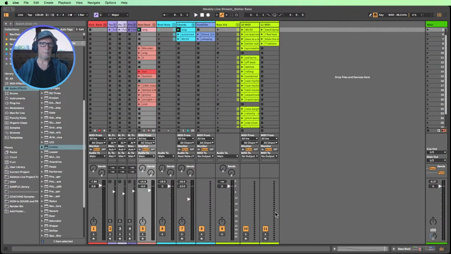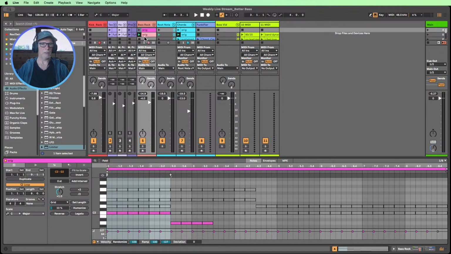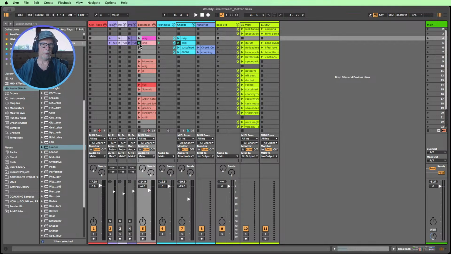I would probably keep both clips. That is the original root note bass with just the roots, and then my 80-20, and then I could actually jump between those during the track. So if we put these in again with a bit of other drums or something like that, let's maybe check it out with the progressive drums.